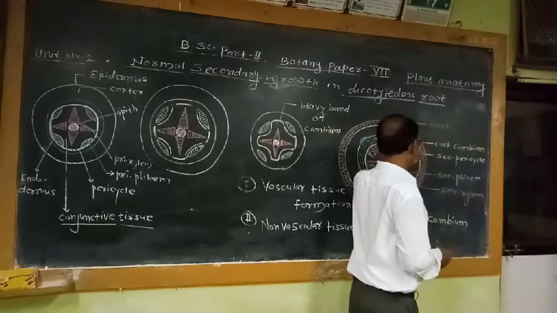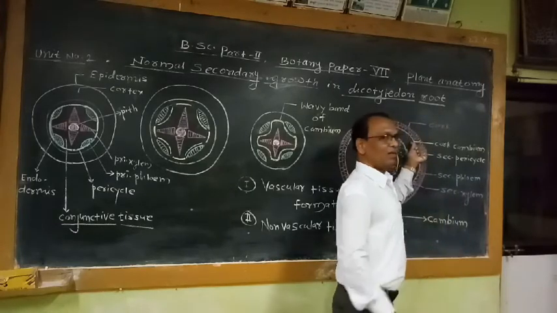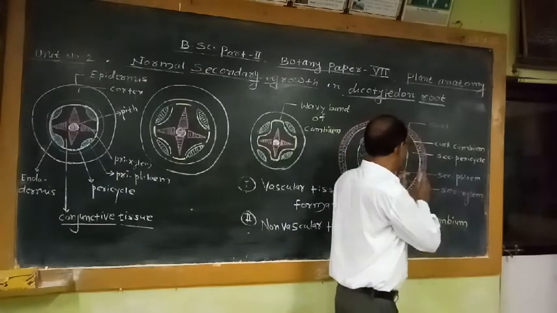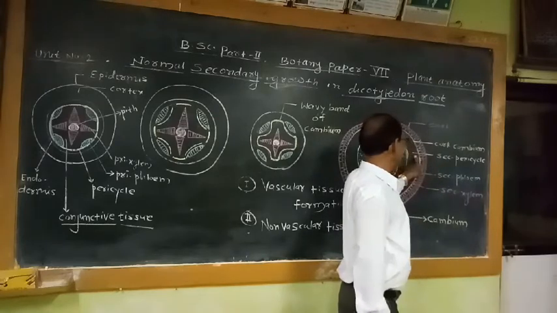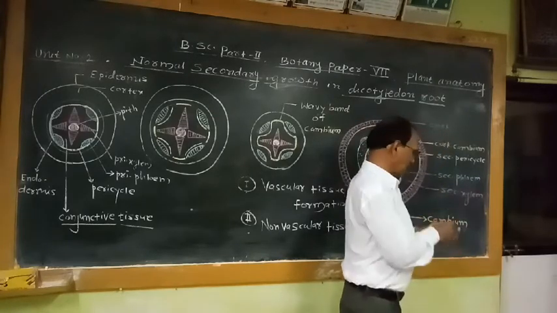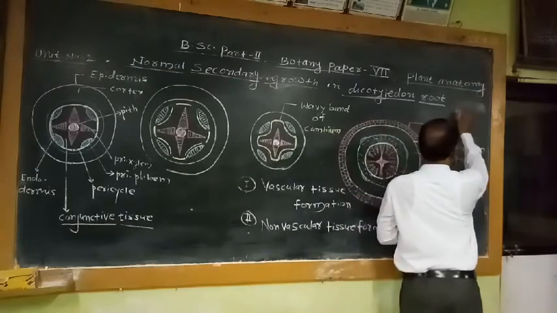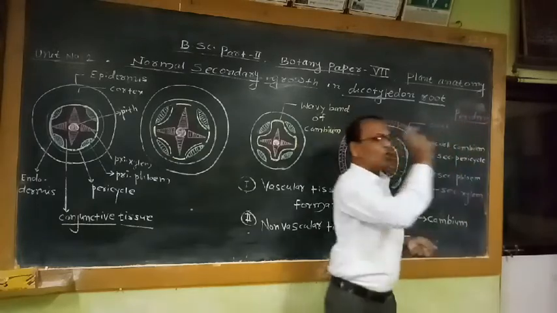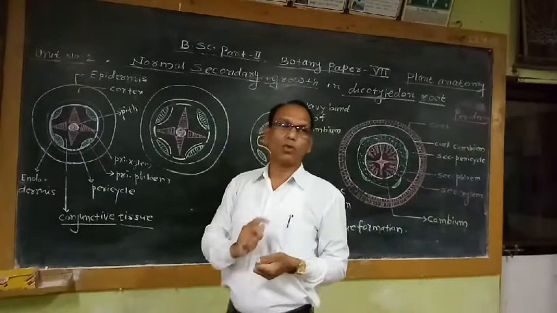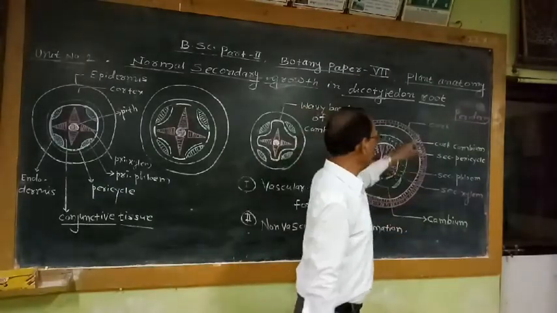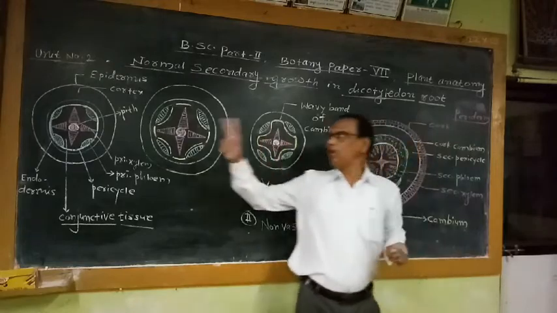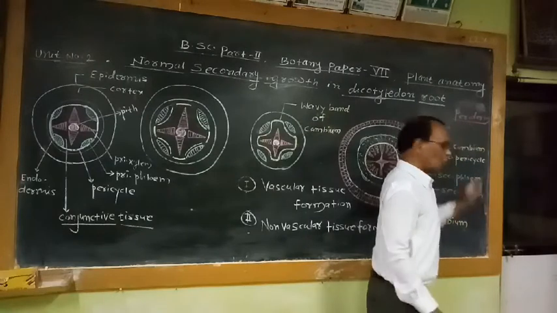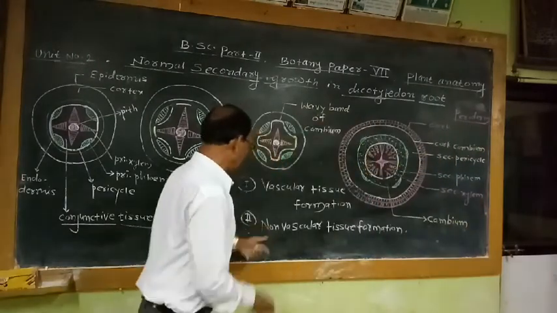At the same time, the cork cambium produces at its inner side thin-walled parenchyma cells. They are commonly called secondary pericycle cells. That means this three-layered zone of cells, secondary pericycle cells, cork cambium, and cork cells, constitutes the periderm. So this periderm is the outermost protective layer. That means after secondary growth, due to activity of this cork cambium, periderm formation takes place. So epidermis, the outermost covering of the root, is replaced by this periderm. So periderm formation is nothing but